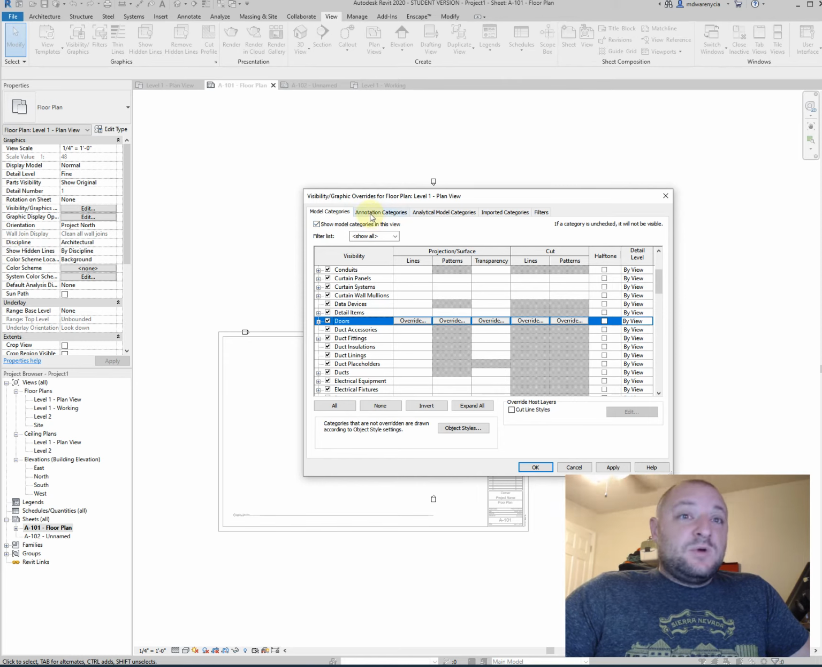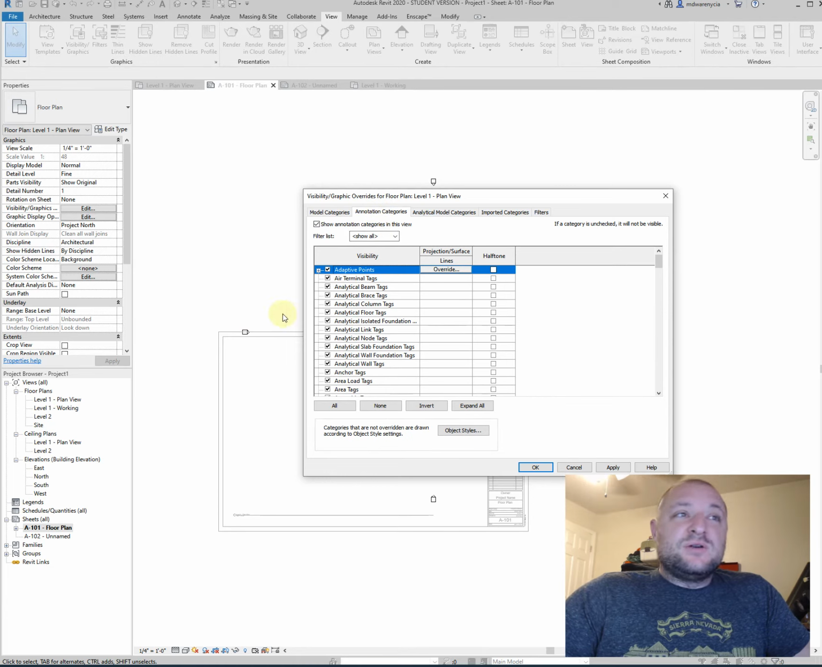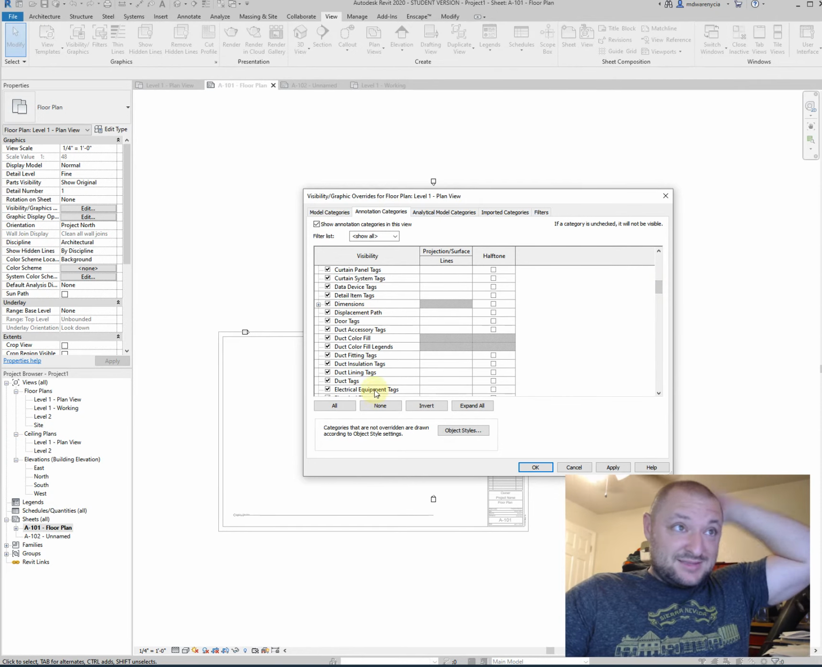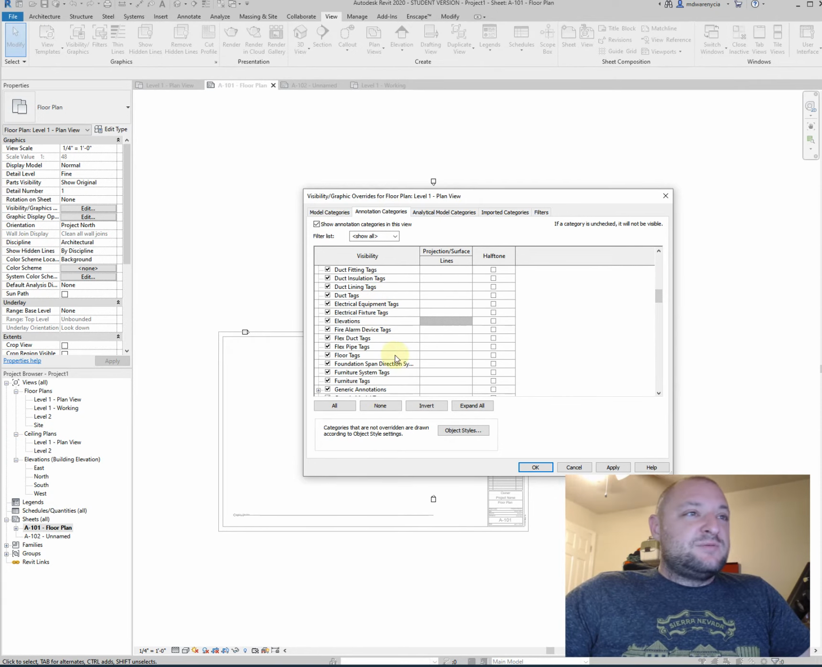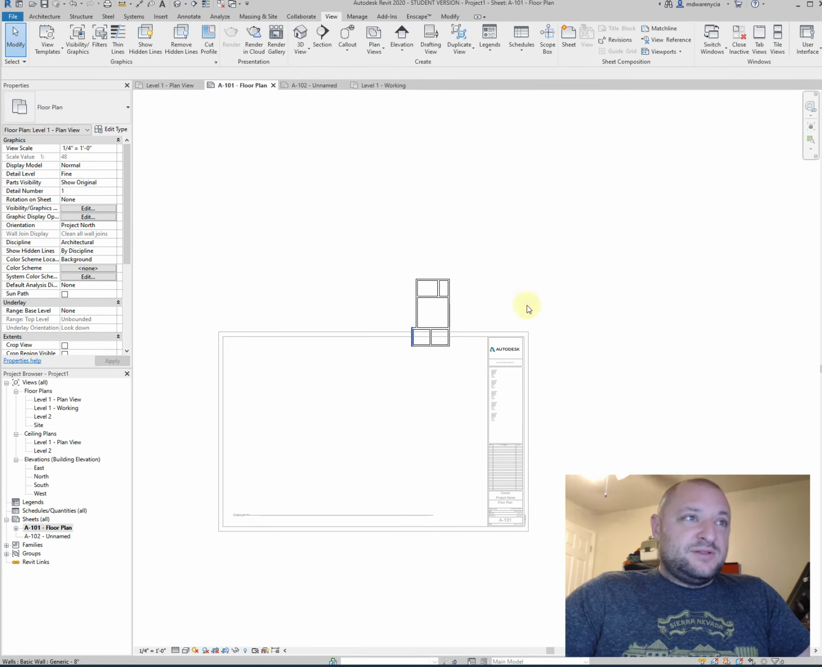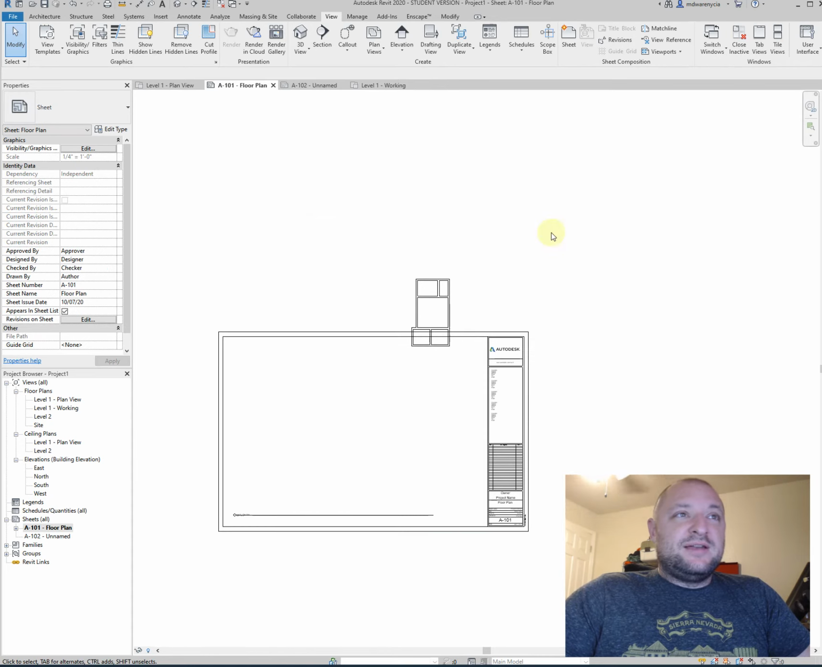The option we're looking for in this case, because we want to turn these elevation markers off, is the annotation categories. This is where you're going to have your tags, your room labels, dimension lines, and all the other stuff. In this case, what we're looking for is elevations. So I'm just going to uncheck elevations, hit apply, and hit OK. Now you can see that those lines are gone,